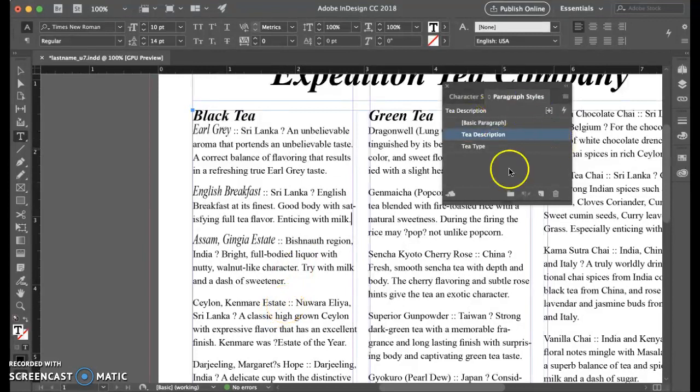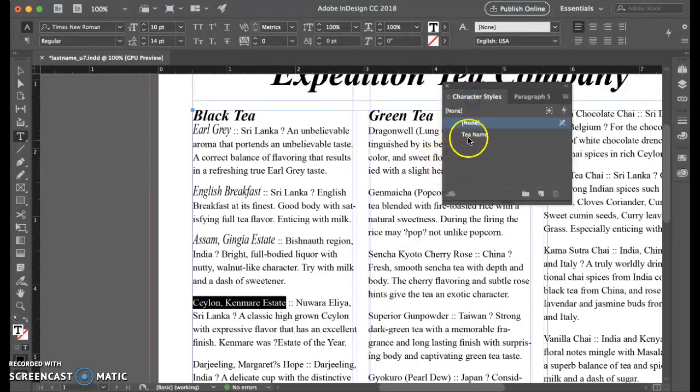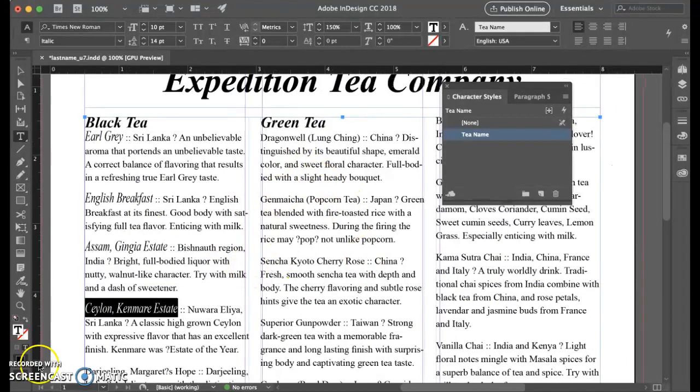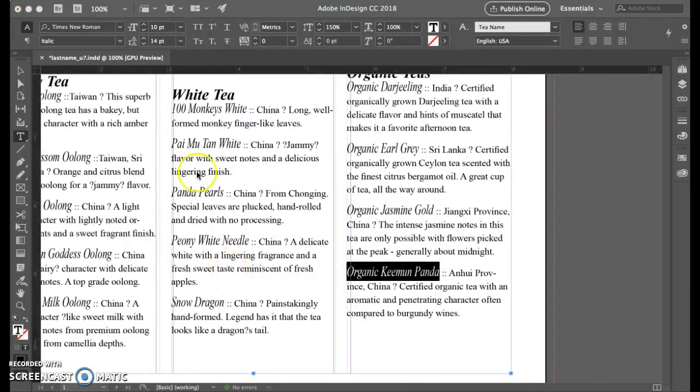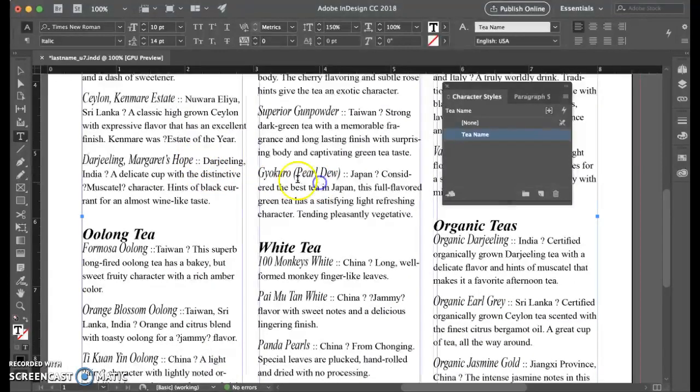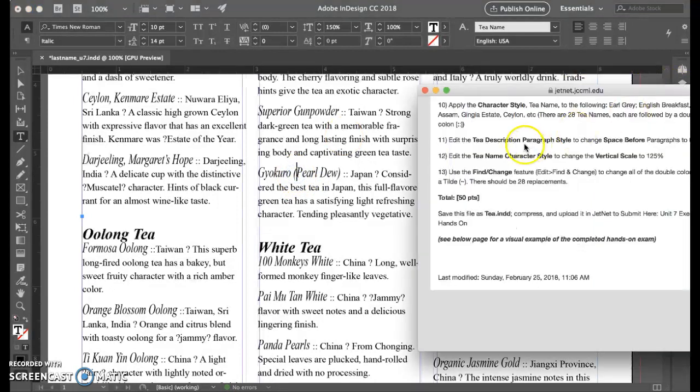I know I went through some of that stuff a little quick, but once you get into a groove, you'll notice that that's quite helpful. We are going to continue on with the character styles T name, adding those all the way through the document. I'm going to pause right here, and the next statement I say, I will have completed all of that. And then we'll move on with more of our tutorial. Okay, so I have just finished adding in all the T names according to step